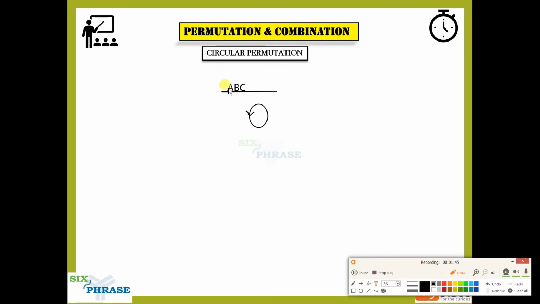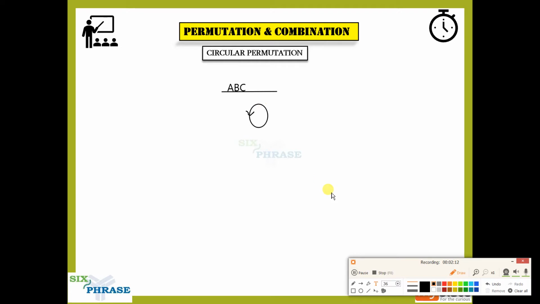So here, in linear permutation, we are going from left to right only. Similarly, in a circular permutation, you either choose the anti-clockwise direction or the clockwise direction. Here you can choose left to right or right to left, but you have to stick with it. You have to follow only one direction. Similarly, here you either choose anti-clockwise or clockwise. In one direction only you can go.